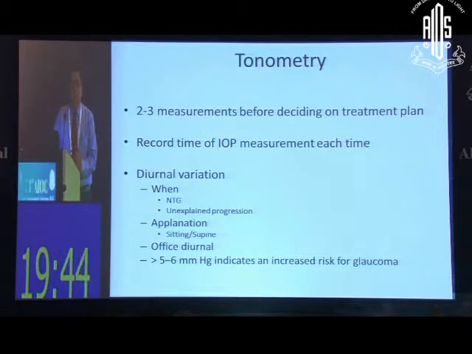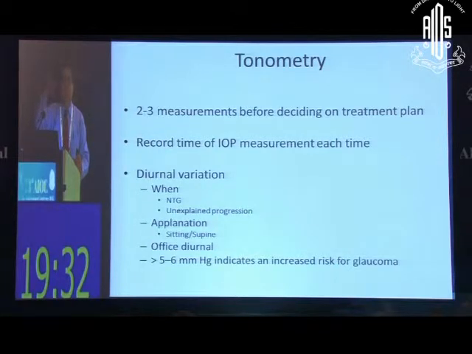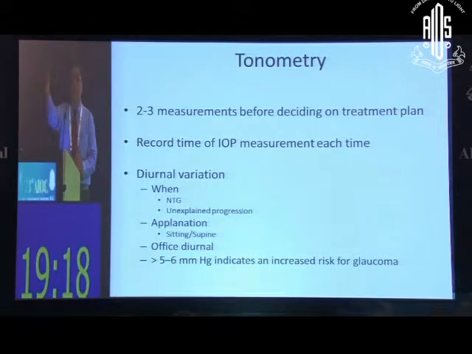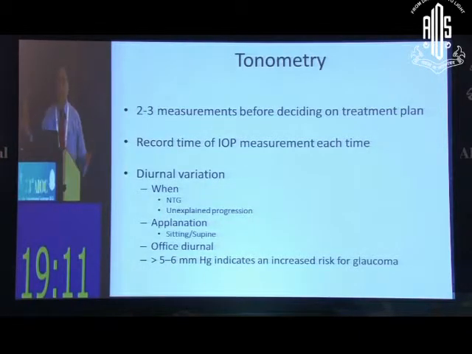Well, the answer is yes, if possible. Certainly in this situation, when you are suspecting normal tension glaucoma, you should do a diurnal before starting, because you may be missing the intermittent spikes. And secondly, if there is unexplained progression, you find the pressure in your patient is running between 14 and 16, and that you feel is okay for that patient, despite that the disc and the fields are progressing. So then you can do a DV to see whether there is a pressure spike anytime that you are missing.